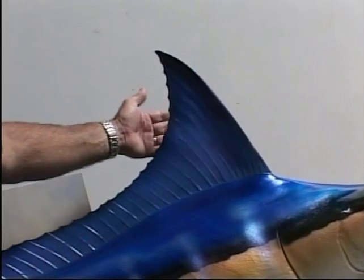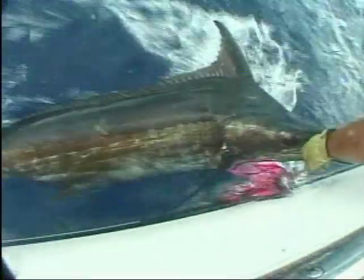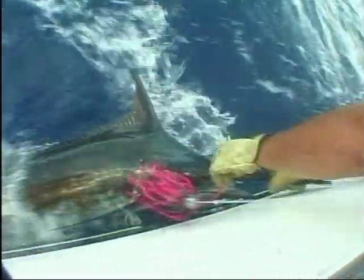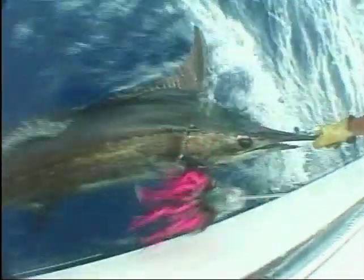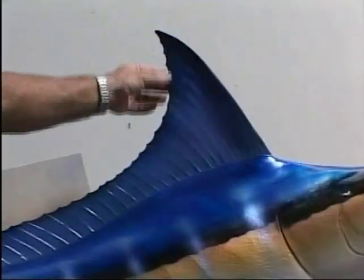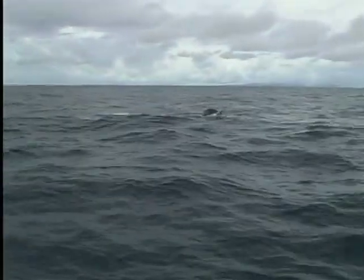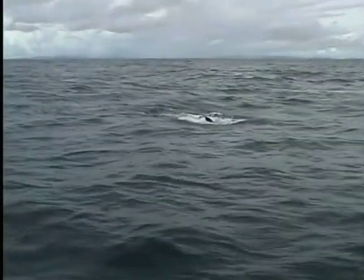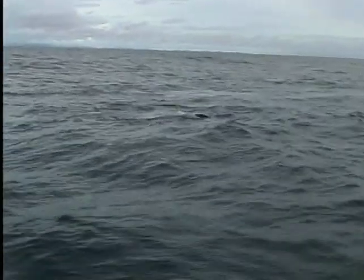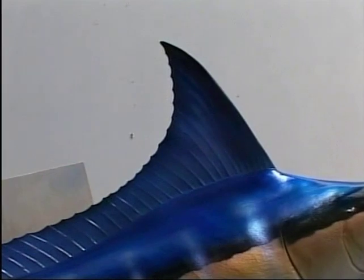The dorsal fin on a blue marlin comes to a very sharp point. The dorsal fin is generally about two-thirds the depth of their body in comparison. So you can see how big it really is, how sharp it is. Then it comes down and runs the length of their body. The dorsal fin also can lay down and retract down into his body. So a lot of times you won't see it standing real pretty like this,